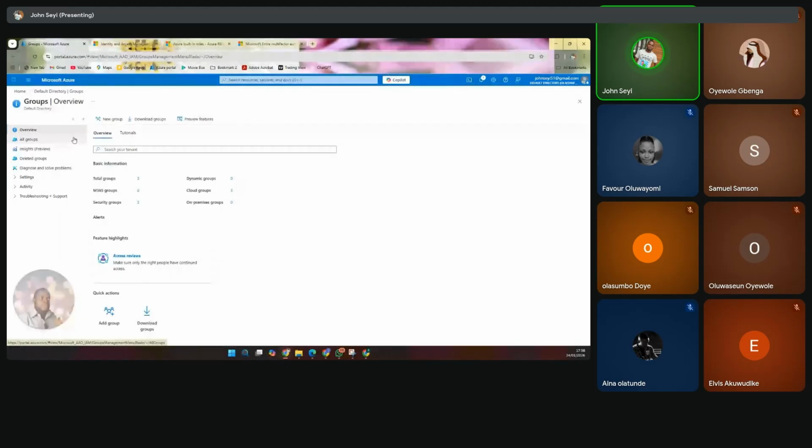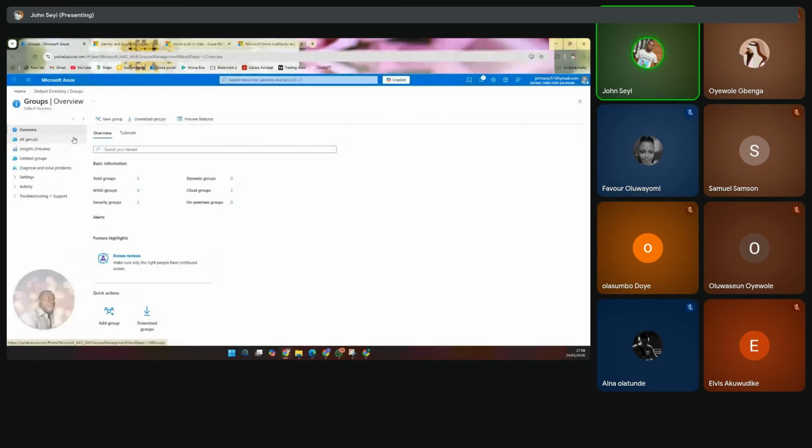What that group means is that people in that group, the only thing they can do is virtual machine creation, modification, and so on and so forth. But they can't do anything that pertains to storage account. They can't do anything that pertains to service bus. They can't do anything that pertains to network management. But they can do everything that pertains to virtual machines because I gave them the access of virtual machine